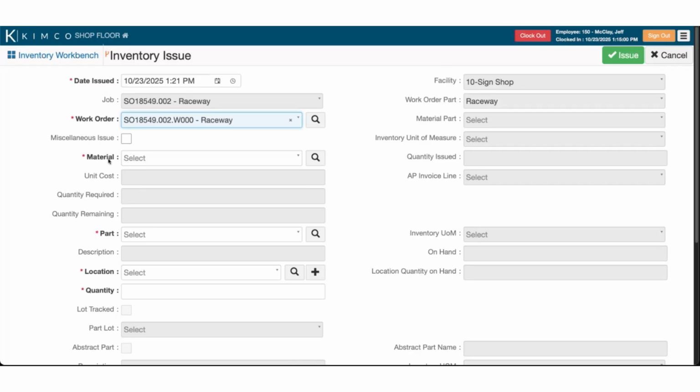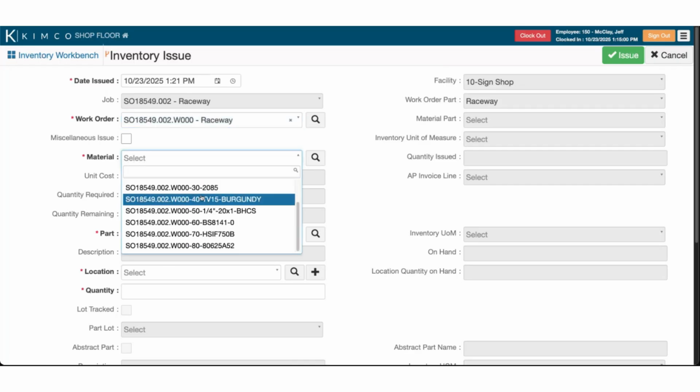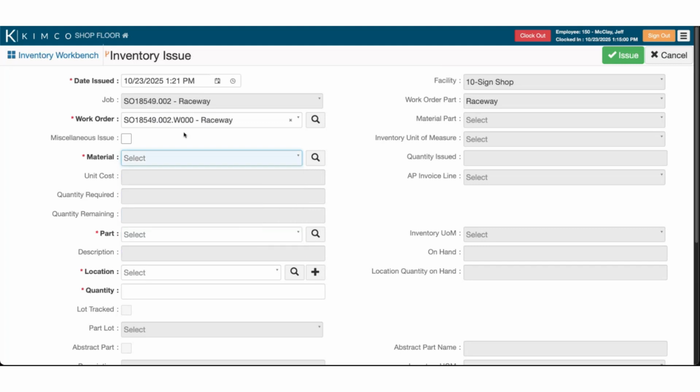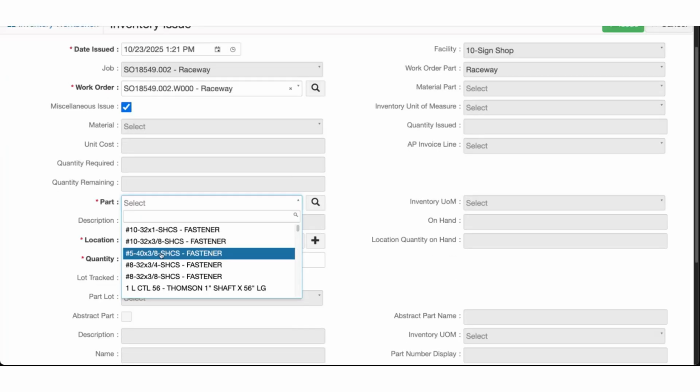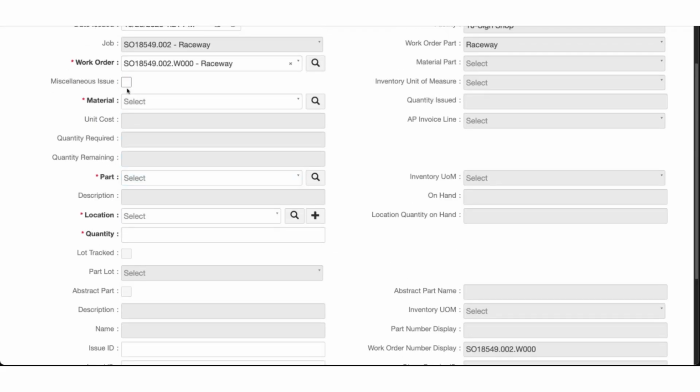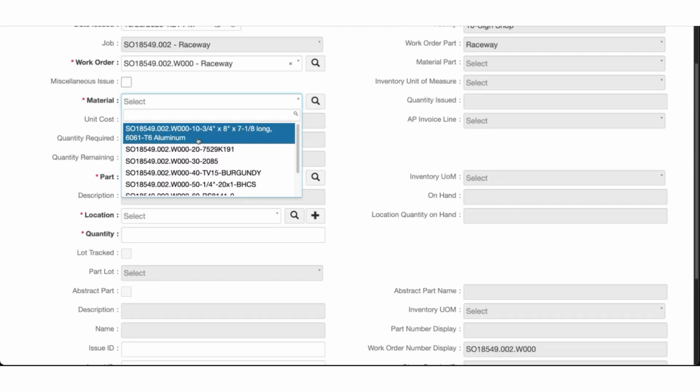And here I have the option to either select a material from our bill of materials or required materials, or if I had to use something that was not listed on the job, I could select this miscellaneous issue box and select a part from our part listing, or do an abstract part issue as well. For this example, however, I'm going to select a material from our listed materials,